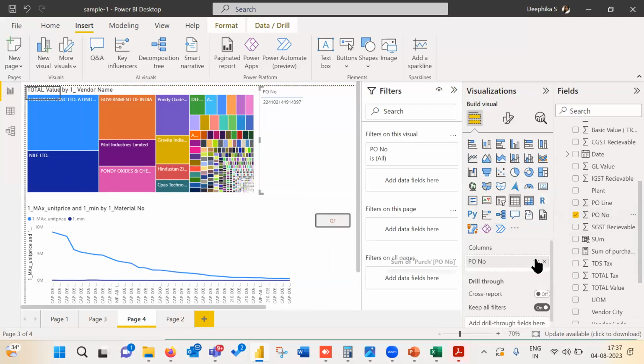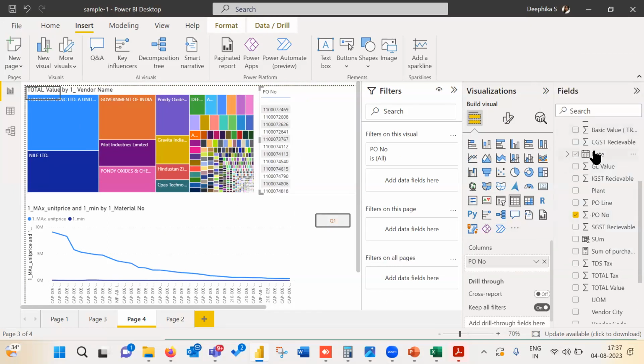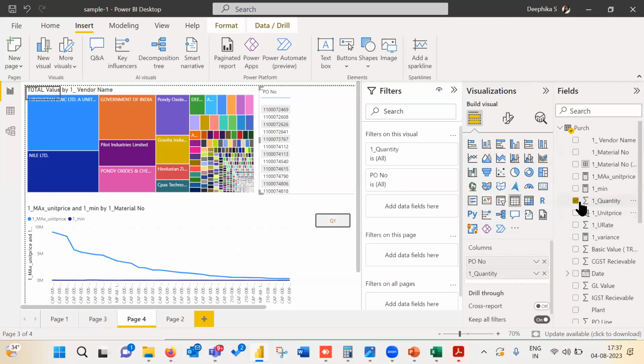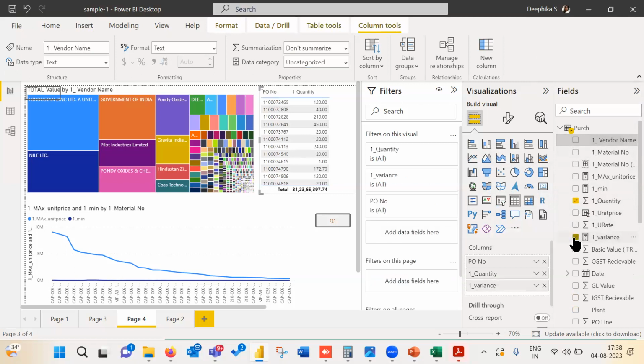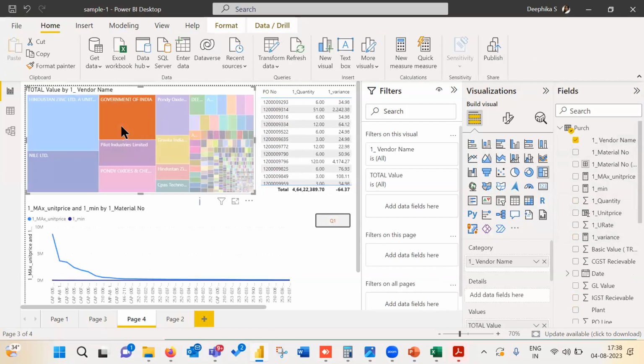Okay, I will give don't summarize. So now what will happen? For each vendor, as I select, I will get what is the variance. Now let's say Government of India, this product, this PO, material code also we'll add.